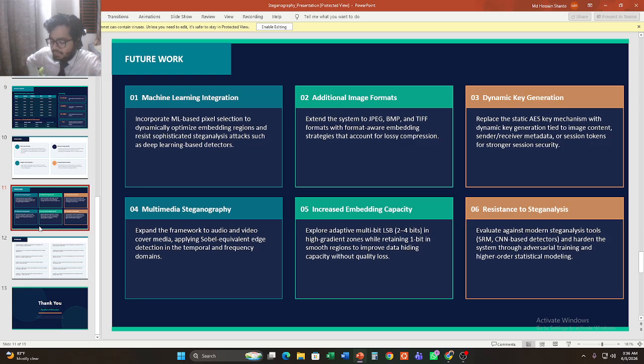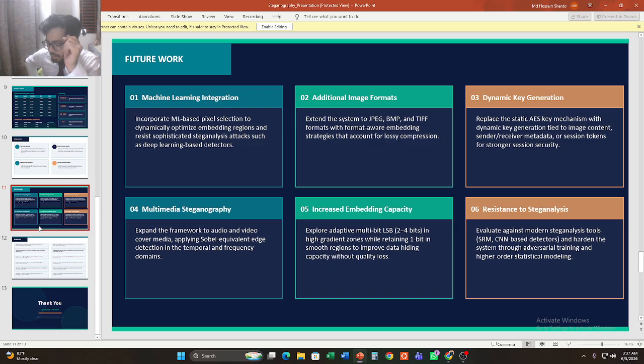Performance was evaluated using three metrics. PSNR, peak signal to noise ratio, measures the quality of the stego image compared to the original. Higher PSNR is better, it means less distortion.